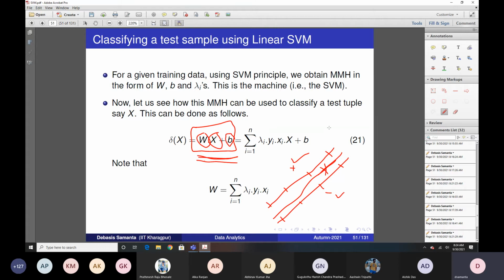We know the equation of this boundary, so I can check this point with respect to this boundary, on which side it lies. But with respect to the other boundary it will again be on a different side, so it is undecidable. Anyway, distance calculation can be one good idea to decide. It is the maximum possibility that it will belong to the plus class or the minus class. That is the best idea, I think.